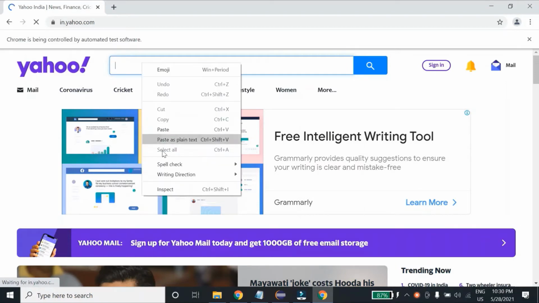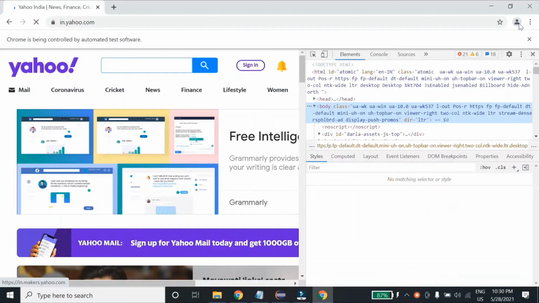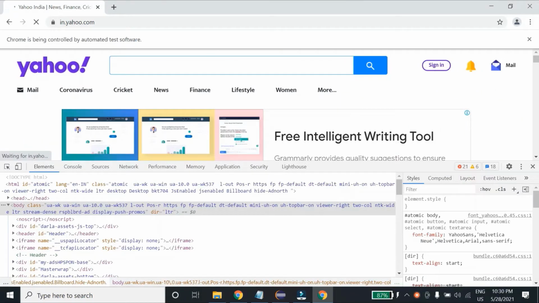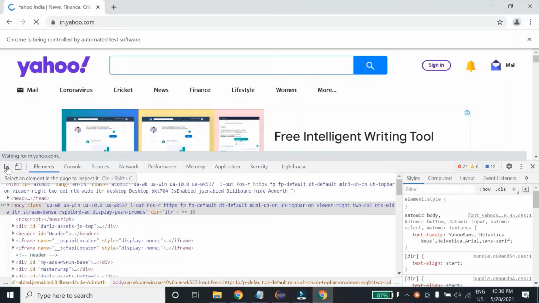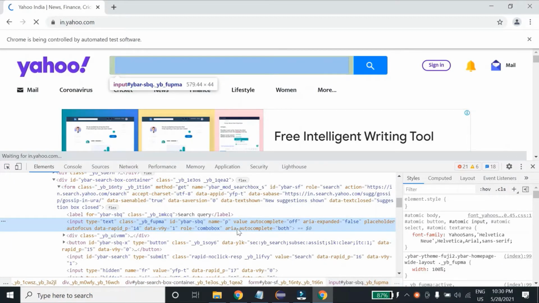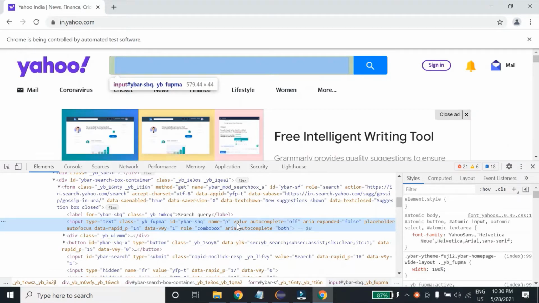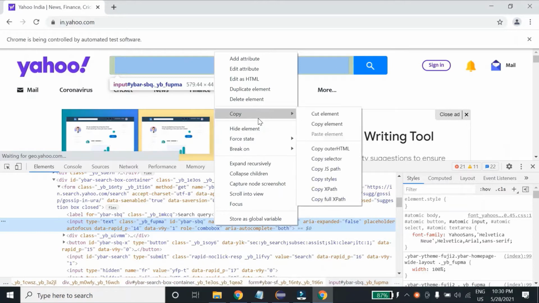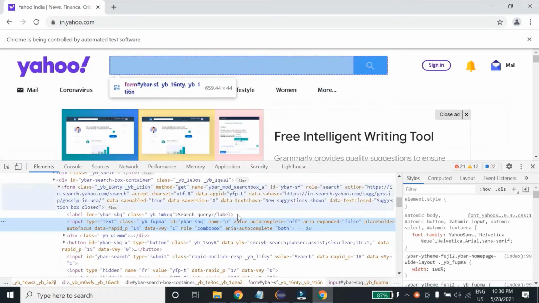Let me go to the DOM structure of this. If I want to find this search bar, here are all the properties written over here. There is one trick. If you want to copy the absolute XPath, you just right click on the particular line which is highlighting the element, go to copy, and copy full XPath.